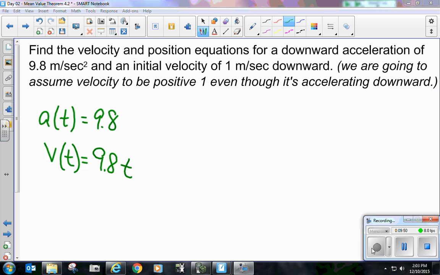But what's the one thing I say we always have to do? Plus c, because I don't know if this constant is 0. Maybe it is, maybe it's negative 1, maybe it's positive 2, I don't know. But I have to figure that out. What do they tell me? The initial velocity of 1. So if my velocity is 1,